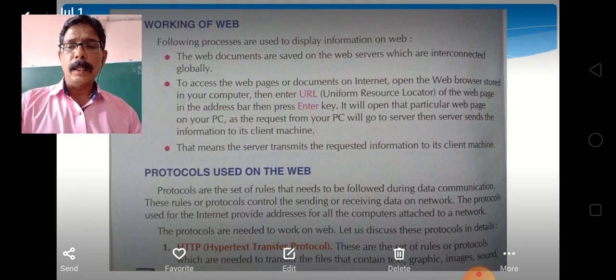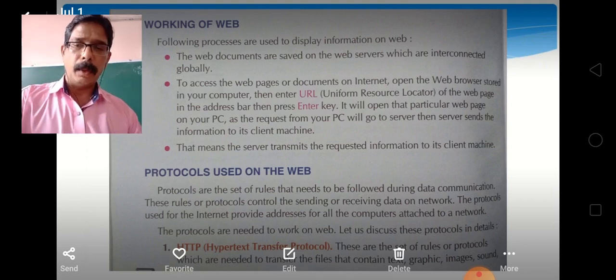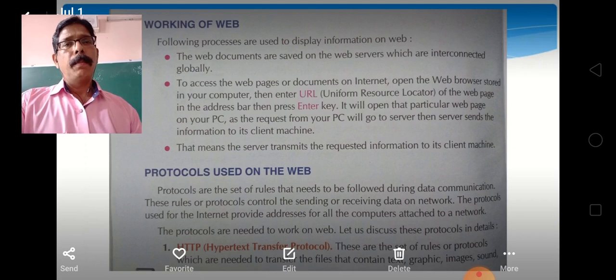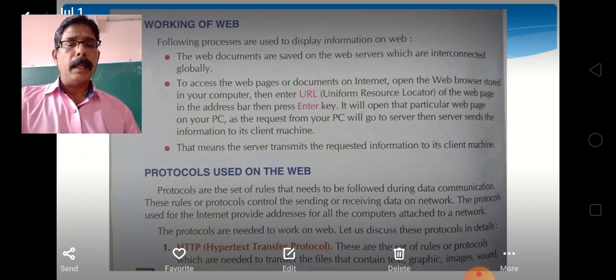First one is Hypertext Transfer Protocol, HTTP. It is the set of rules for transferring files. What is Hypertext Transfer Protocol actually doing?